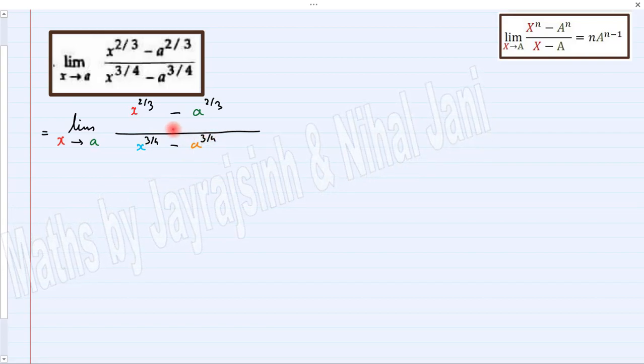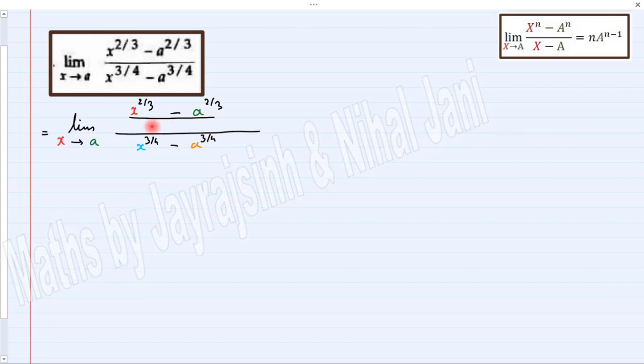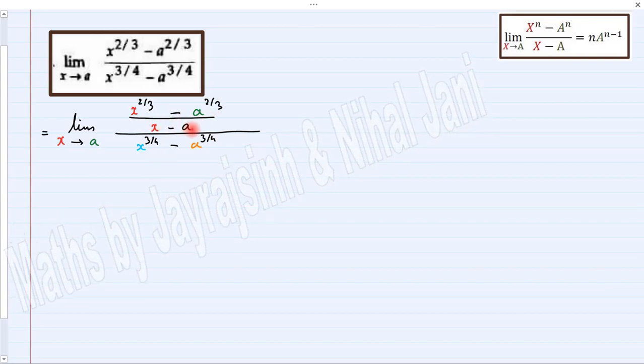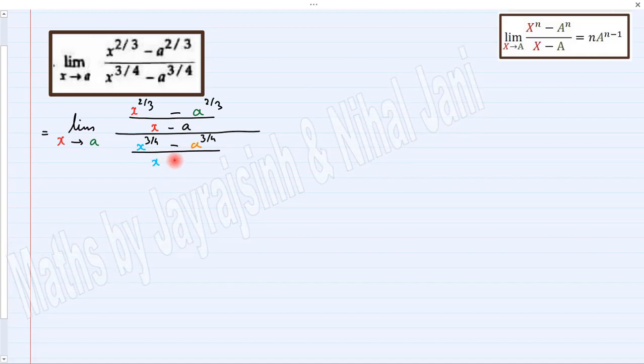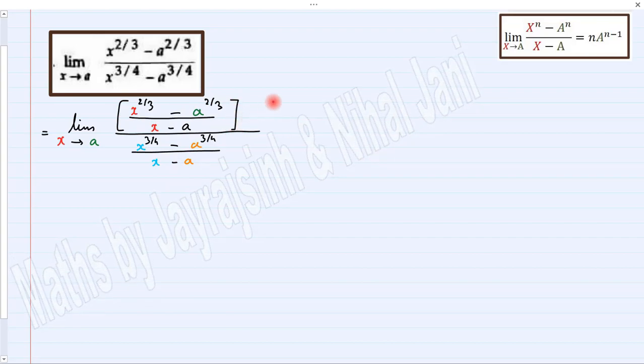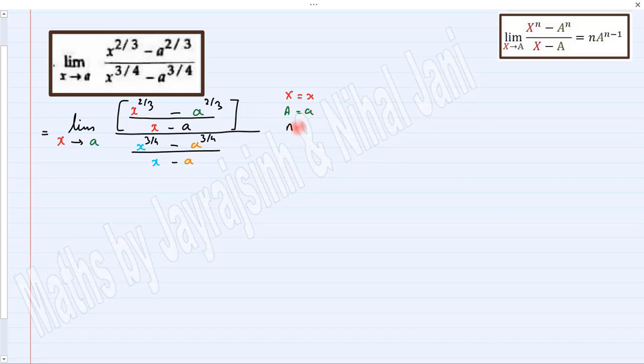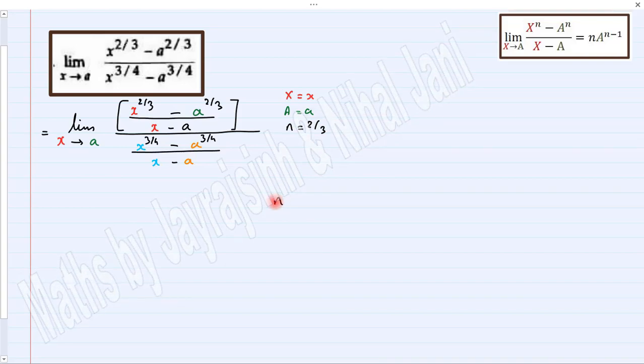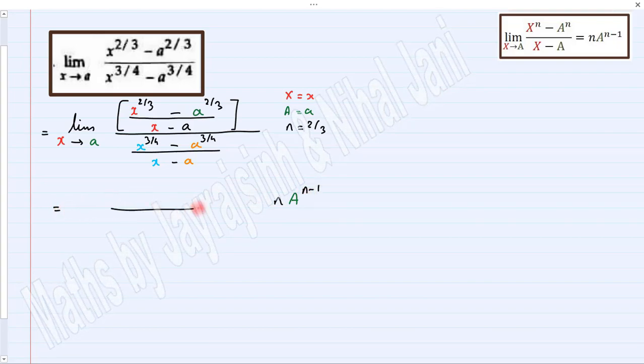Now, if we compare with the standard form, you will realize that we need x minus a in the numerator as well as in the denominator. So let's divide by it. So we get the standard form, where capital X is x, capital A is a, and your n is 2 by 3. So by applying the formula, we can obtain answer using right hand side, which is n into a raised to n minus 1. So your numerator will be 2 by 3, a raised to 2 by 3 minus 1,